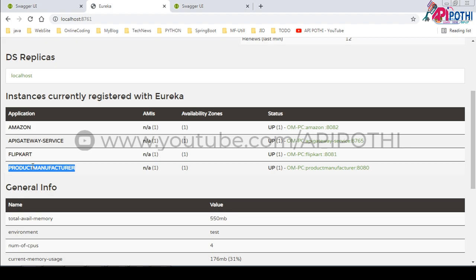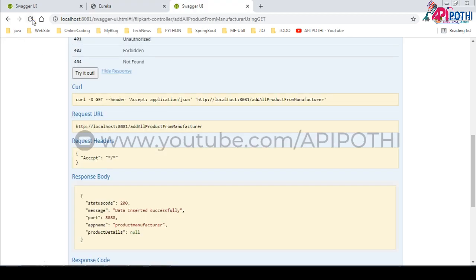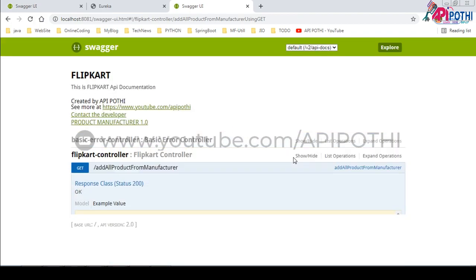Amazon is connecting with the product manufacturer, Flipkart is also connecting with the product manufacturer in order to get the data. So technically, these are all making microservice communication. Okay, and that communication is happening through the API gateway, which we already configured in both projects, Amazon as well as Flipkart. So first we are going to test through Flipkart, and then we will test through Amazon.